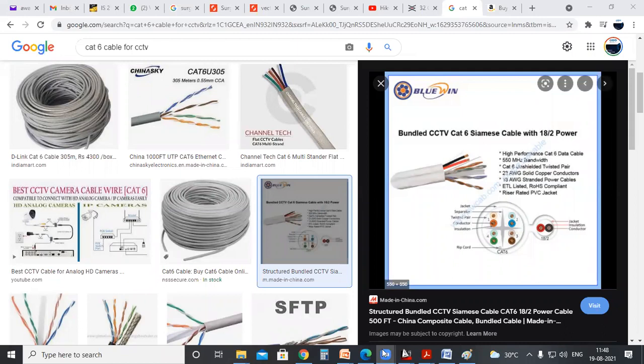This is an RG59 cable. For the power supply you will have a red and black, and this is the communication line. At the tip of the camera and the DVR, these will be separated. The plus and minus will have a separate jack, and the communication will have a separate jack. At the camera, we connect the communication line using a BNC connector, and the power will also have a separate connector. At the end of the SMPS and DVR, this will go directly to the DVR port, and this will be going to the